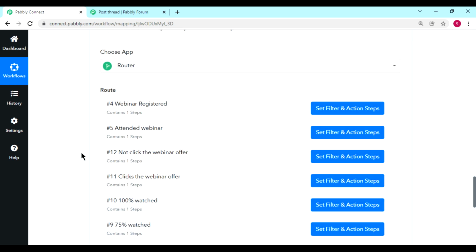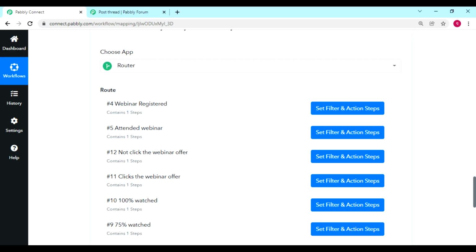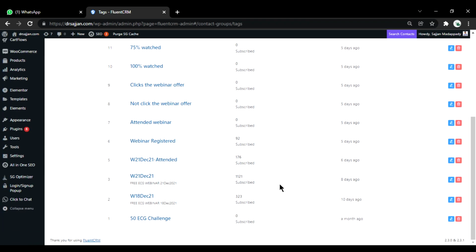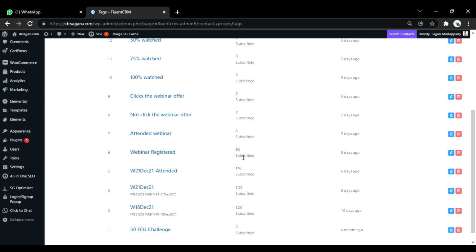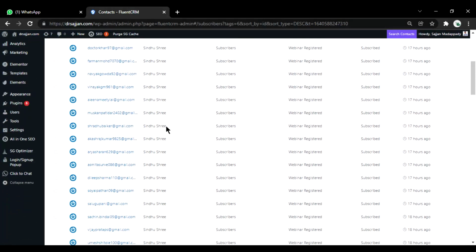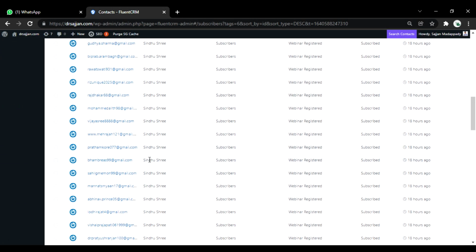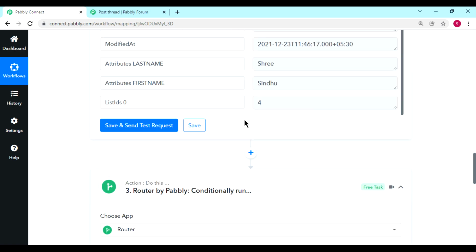Also, whatever lists we have created in the webinar, that data has been transferred to Fluent CRM. As you can see, but the thing is, for each email ID it is showing the same name only, Sindhu Sri, because it has to change, right?